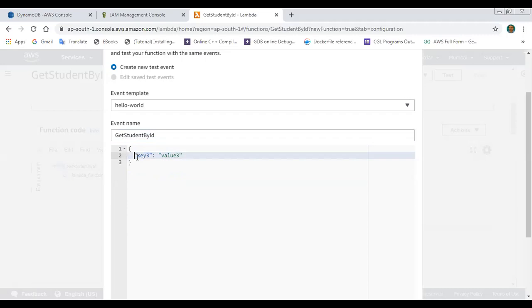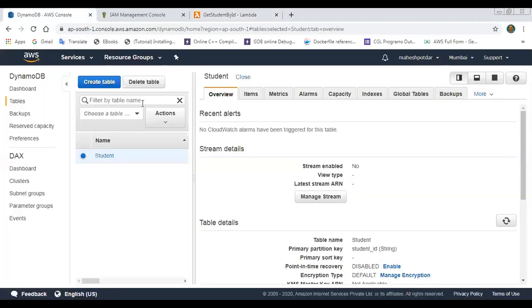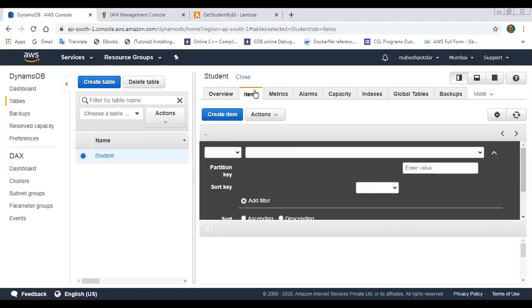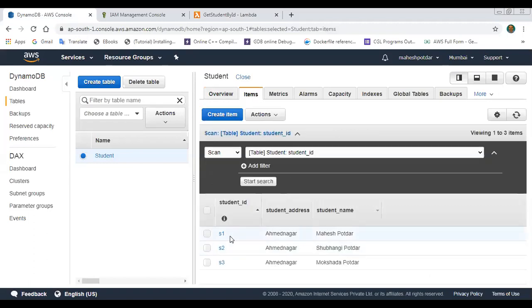So the variable name is student ID, and the value is S1. I am showing you the values: the student ID, and the student value is S1.